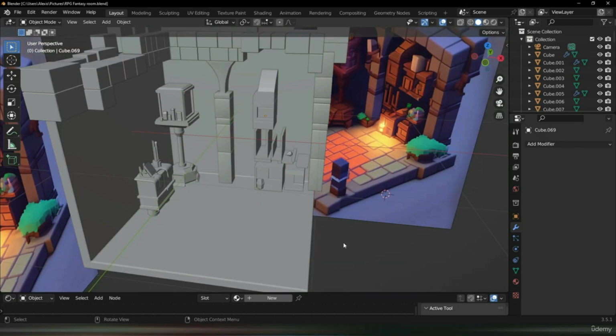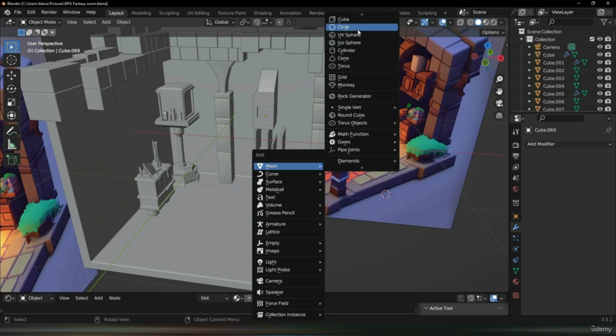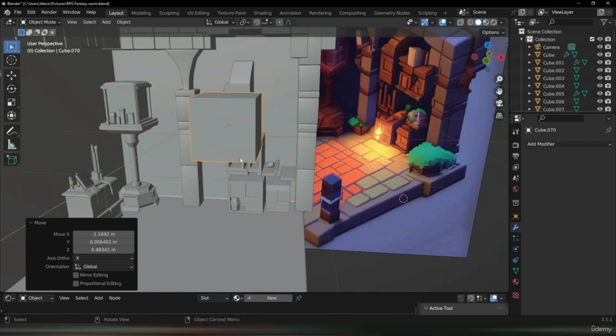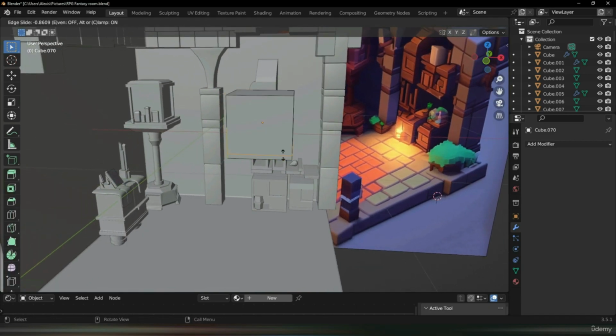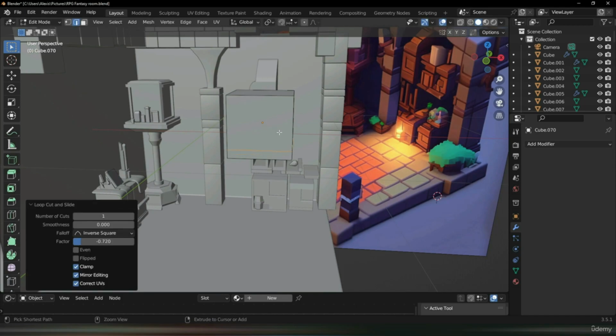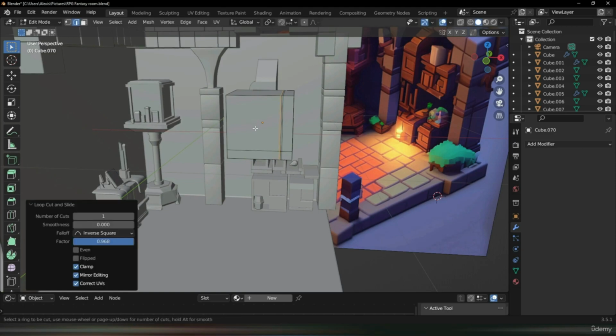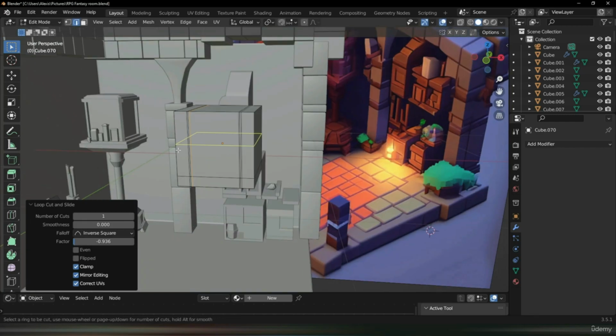Okay, let's start making this. Let's do Shift A, Mesh. Let's do a cube, scale it down, G, and let's start adding the details to this. Let's do Edit, Control R, and let's just put it right there. Control R, separate it here, Control R, add one here, holding Shift, Control R one more time on this side to about there, Control R, holding Shift, Control R, and then we do Control R on here and add a